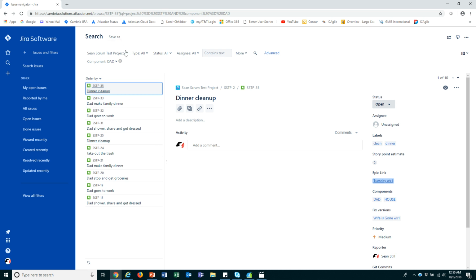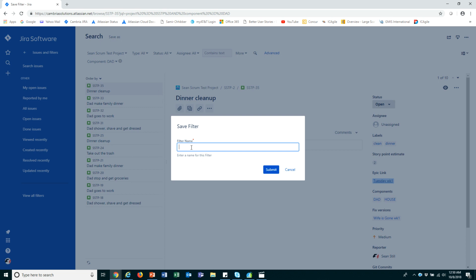Once you have landed on a filter that you want to save, whether it's for metrics or reporting or whatever the case may be, you can do that by hitting up here, save as. We're going to give it a name. In this case, I'm going to call it